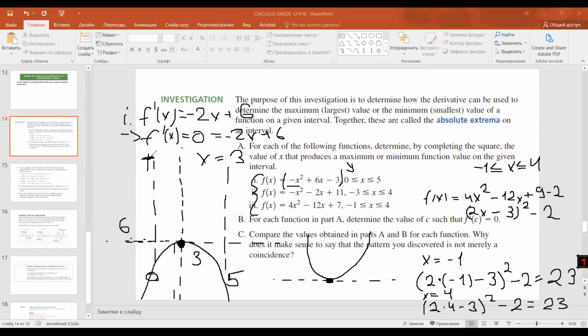First of all, the derivative defines the slope of a tangent line to a curve. So now you can find the vertex of your parabola not by using the formula minus b over 2a, but by taking the derivative of the function, finding the value of x when this derivative equals 0,